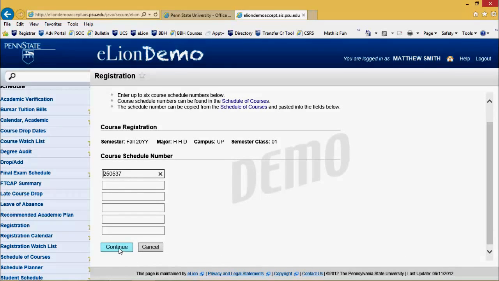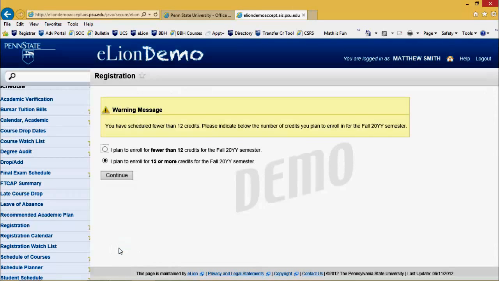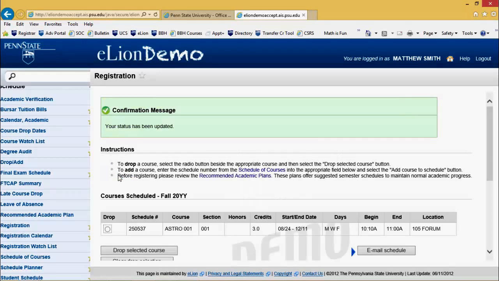Then click Continue. You may be asked if you'll be scheduling 12 or more credits. For summer, choose the first option. For fall, choose the second option indicating full-time status. Then click Continue. At the top of the window, you will see a confirmation message if you have successfully scheduled